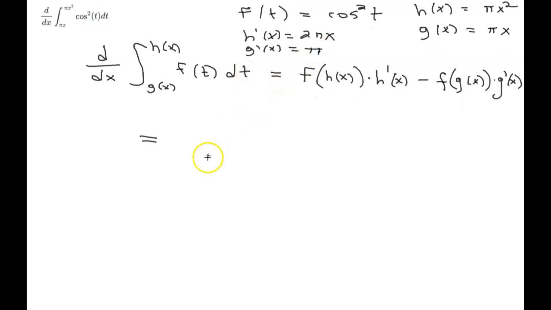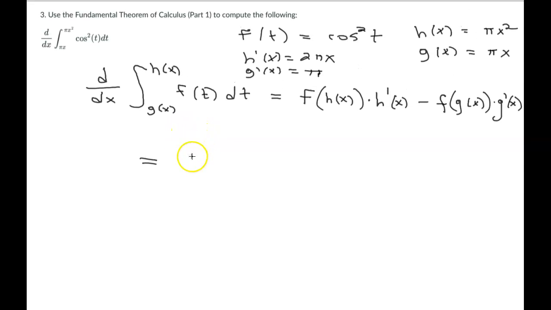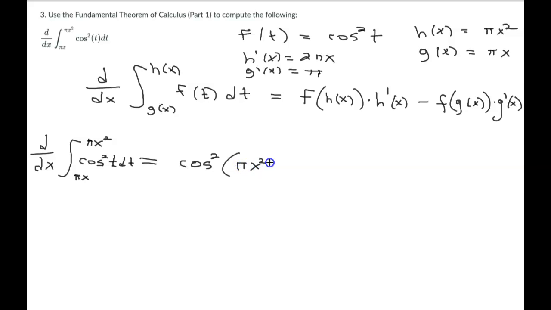So this then becomes, so I'll write it out, d dx of the integral from pi x to pi x squared, excuse me, of cosine squared t dt is going to be equal to f of h of x. So I'm going to just plug in pi x squared into the cosine squared function. So it's going to be cosine squared pi x squared times the derivative of h, which we said was 2 pi x,